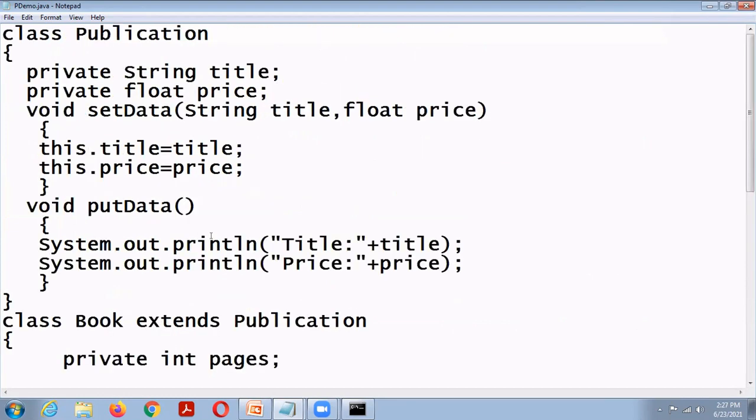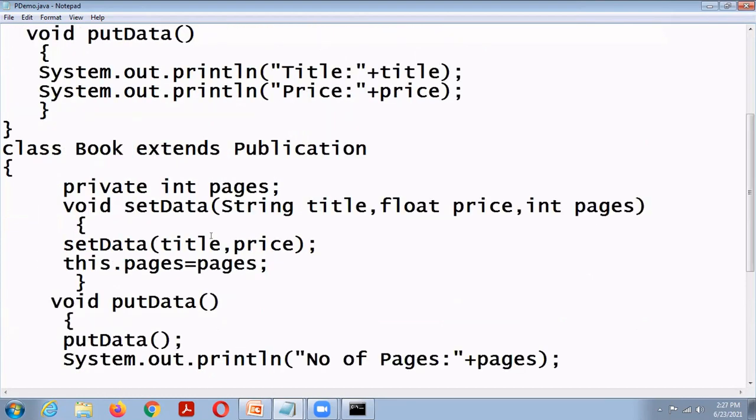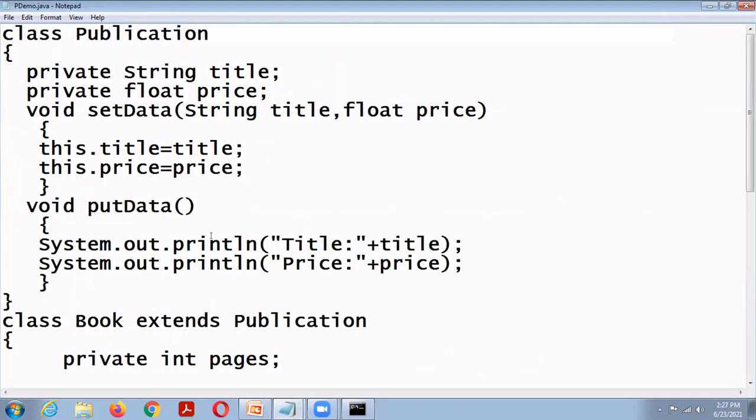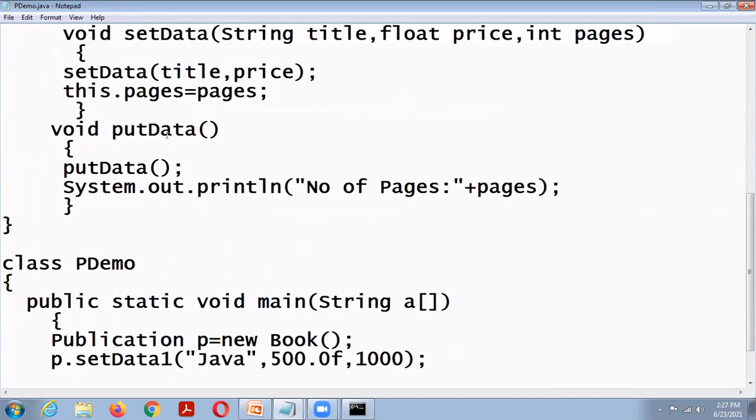Here both the super and the subclass contain the same method with the same format. The book class contains void setData, here also void setData, string title, price. Here void putData, here void putData.